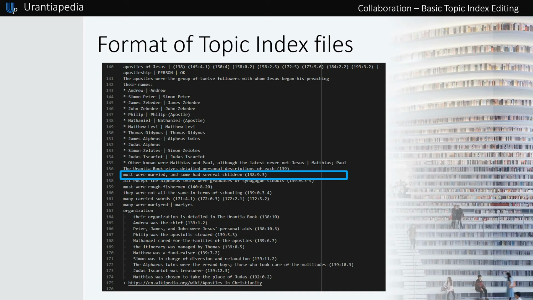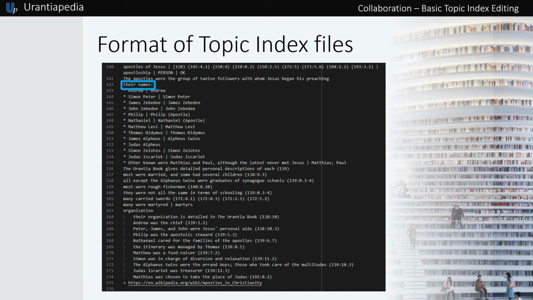The topic will create a section called Organization because below that line, the next lines have a tab character at the beginning. A line like "their names:" is a line with a single cell and contains no references.